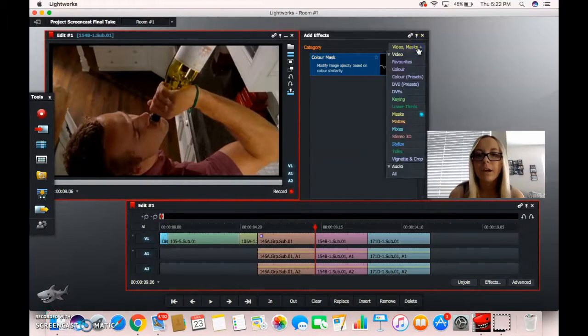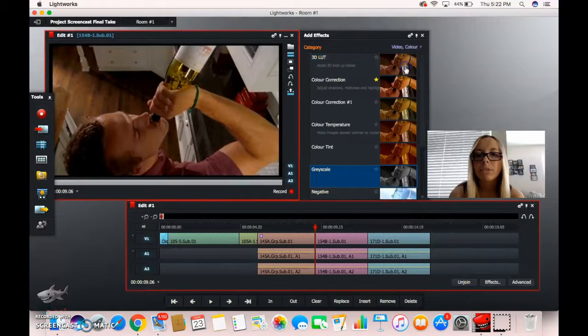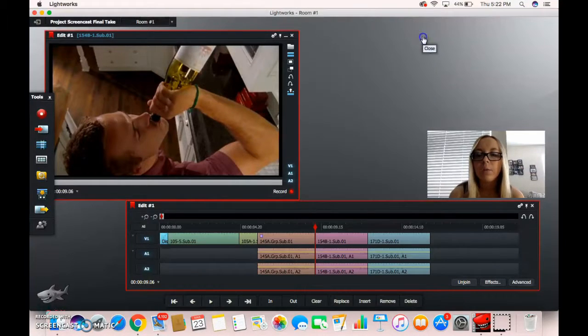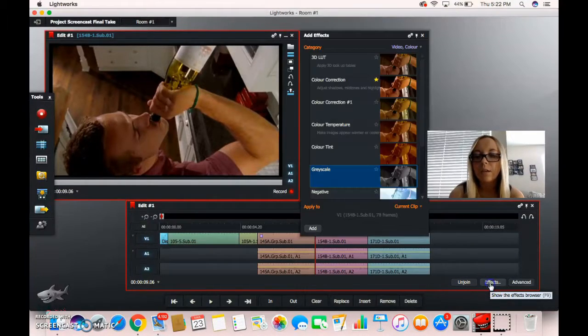Sorry, now I have to figure out which one this was in. Let's go ahead, we'll just exit out, and then we'll just hit effects again. And then